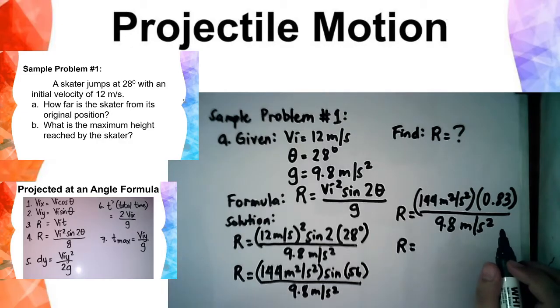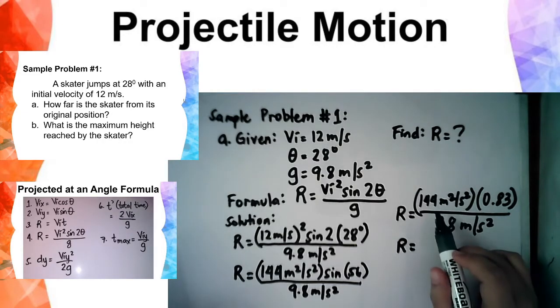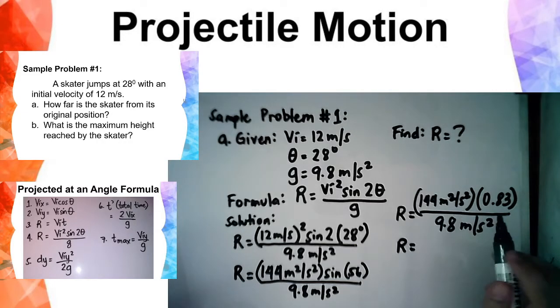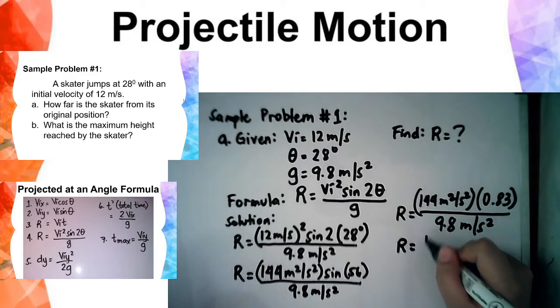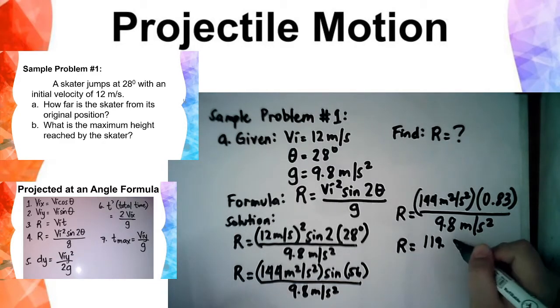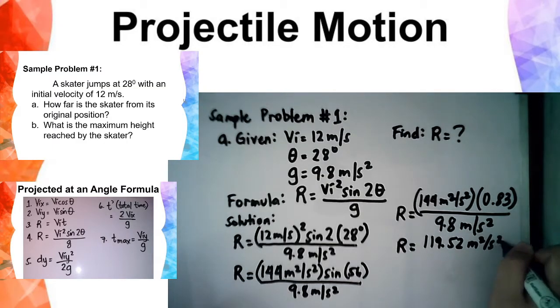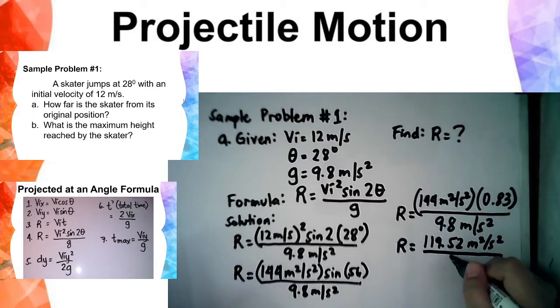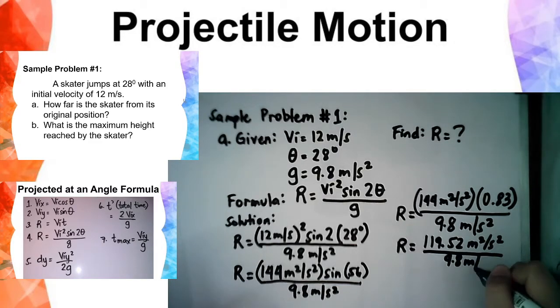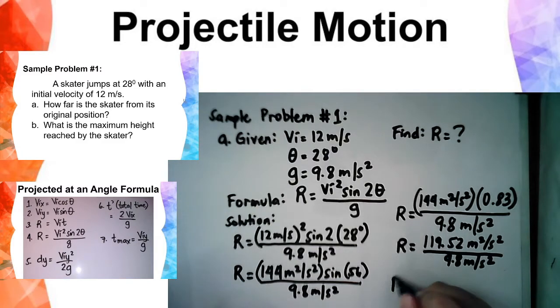Okay, next. You need to multiply 144 times 0.83. You will get 119.52. The unit will be meter squared per second squared, divided by 9.8 meter per second squared. Okay? And then last step, you need to divide 119.52 divided by 9.8 meter per second squared. You will get